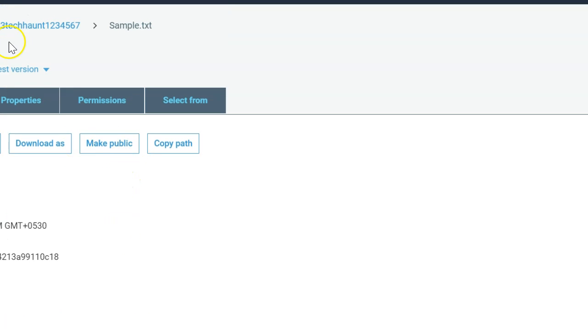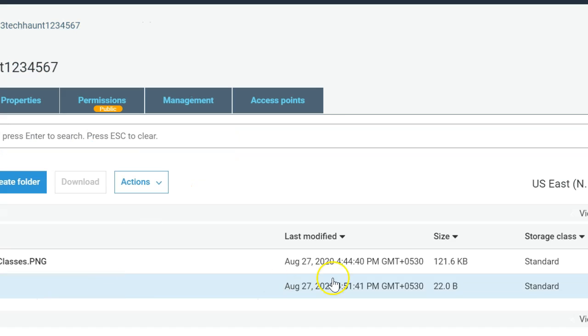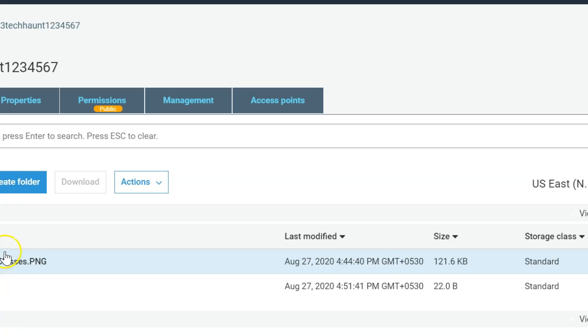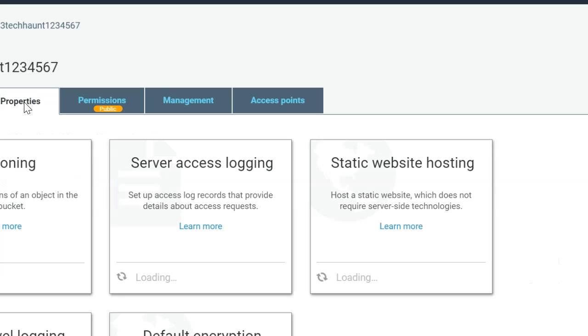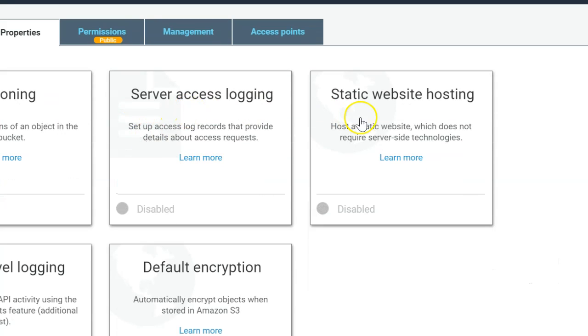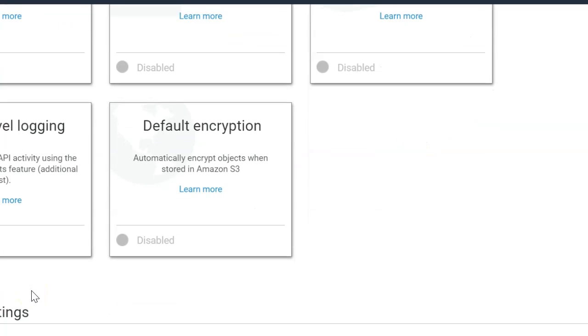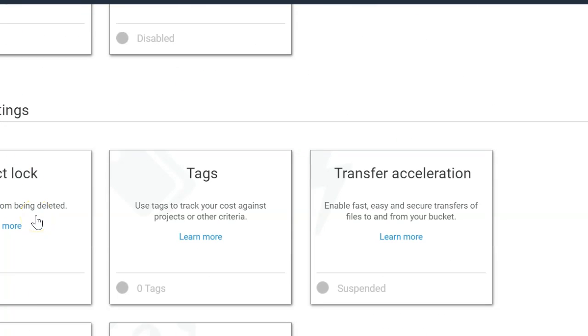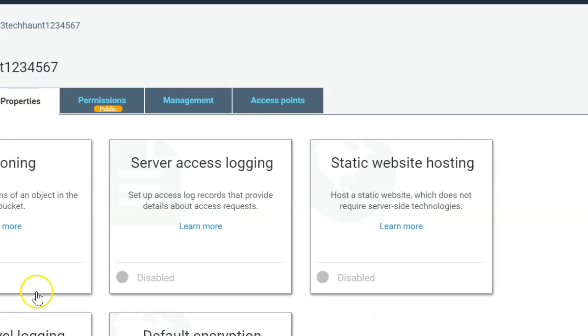First let me show you, since we haven't enabled versioning yet, how we can enable versioning, and I will show you the difference, because I will store these two objects before enabling versioning, and we will store a few objects afterwards. So let's go to the properties tab, and you can see versioning, server access logging, hosting the static website, and object-level logging. We have a lot of options under the properties tab.